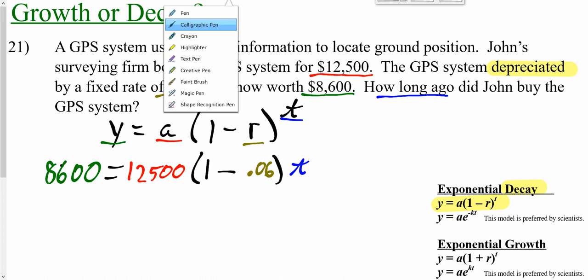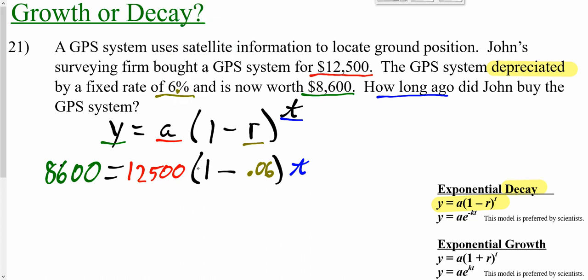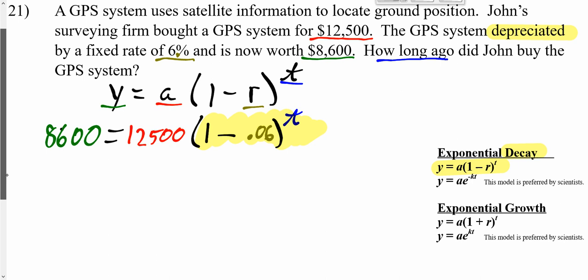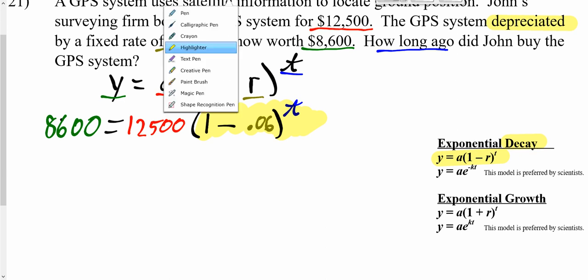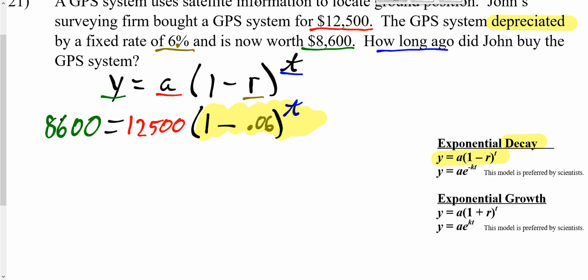And then once again, our variable's in the exponent, so you got to get this part with the exponent on one side by itself. And just to make it look a little bit better, I'm going to move this up so it looks more like the exponent. So there we go. So that means I need to go ahead and get rid of that 12,500. Right now, it is being multiplied right here. So I need to divide both sides by